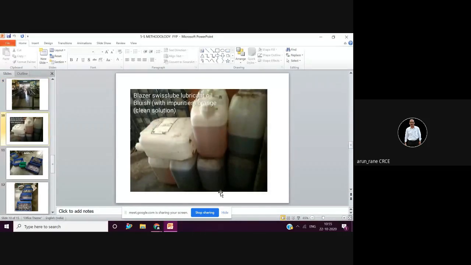So this is now your cans, oil cans, how it has been kept properly. So whenever you are keeping something, you have to also see that you should be able to retrieve it properly, without any damage or without any accidents. So that is what is very important. Actually, you have kept it properly, but if you want to remove, then it becomes difficult. So that is very important. That retrieval should be very fast.